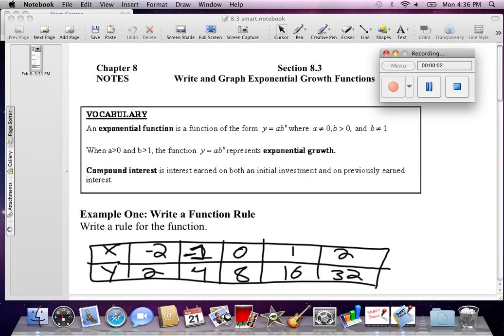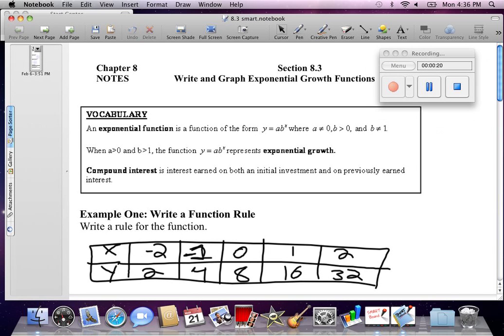All right, ladies and gentlemen, today we are doing 8.3. We're writing and graphing exponential growth functions. The main equation that we're using for this is y equals ab to the x. Since we're using y equals ab to the x, that's like our y equals mx plus b, but for our